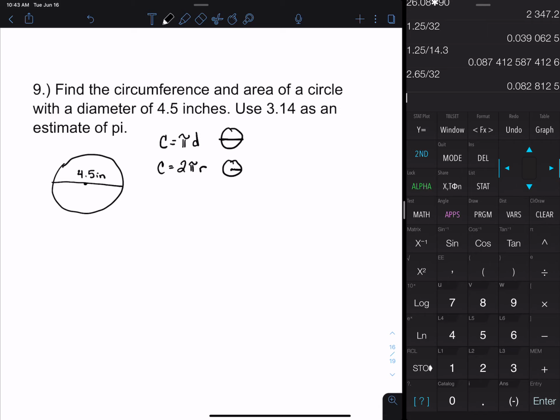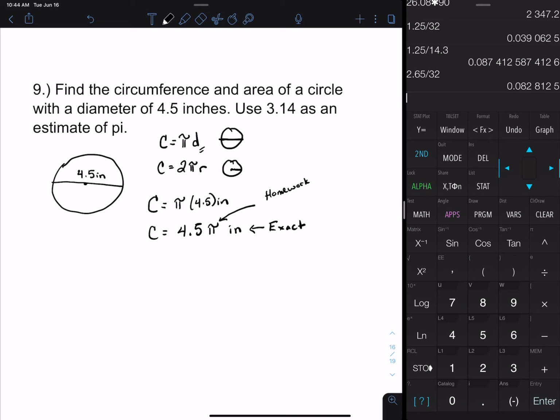So if we're trying to find the circumference, I could use either one of these formulas. I'm going to use the pi times the diameter because that's what we're given in the problem. So we would say that the circumference is pi times that 4.5 inches. Now, if they asked us for an exact answer, I would just leave it 4.5 pi inches, where I would just put the number part before that pi, kind of like if we were writing a number times x, we'd put that x second. So if in the homework you see that they ask for an exact answer, that's what you'll do. And in your homework, the pi button